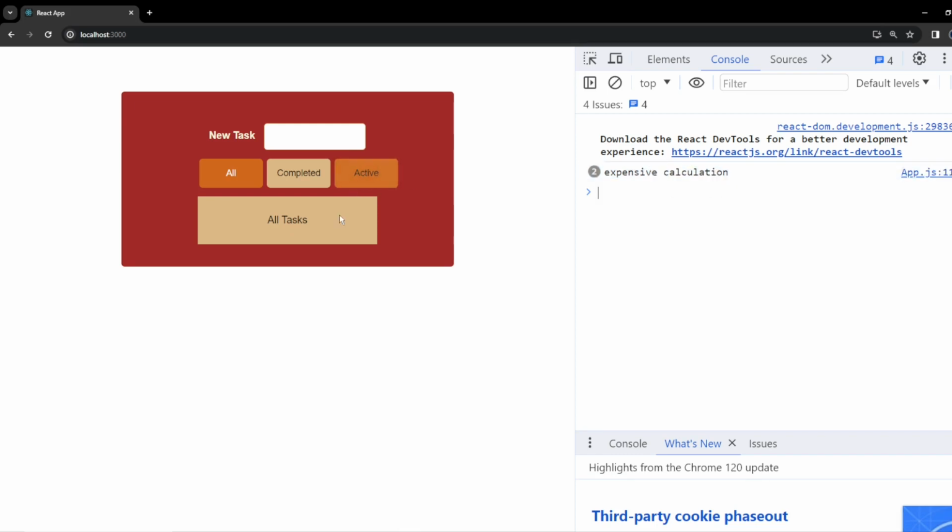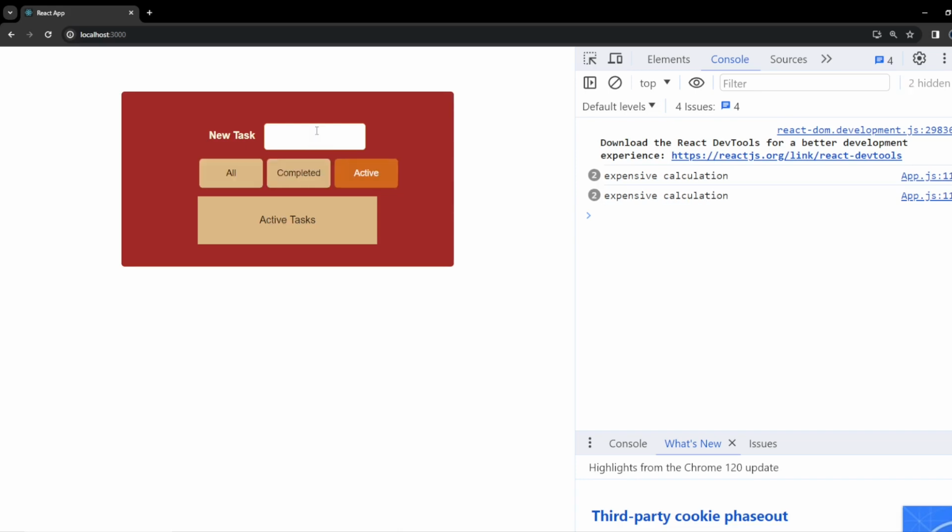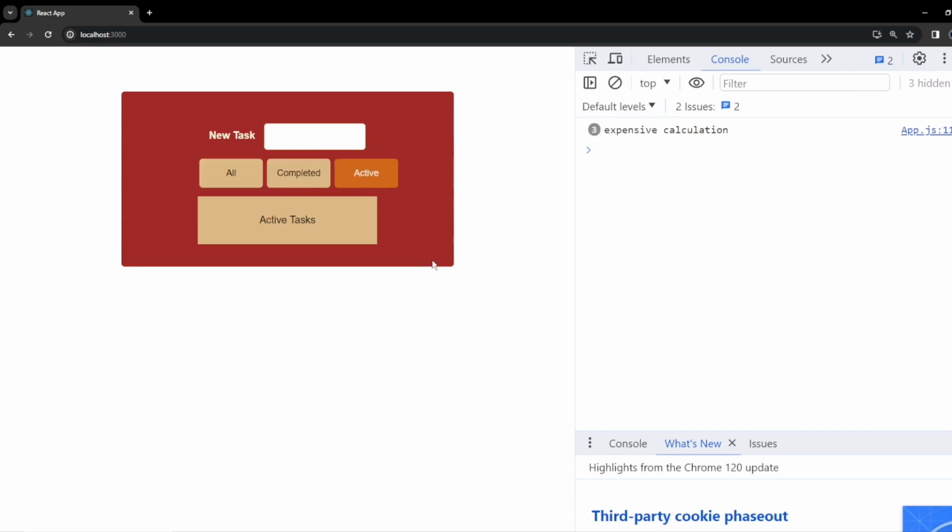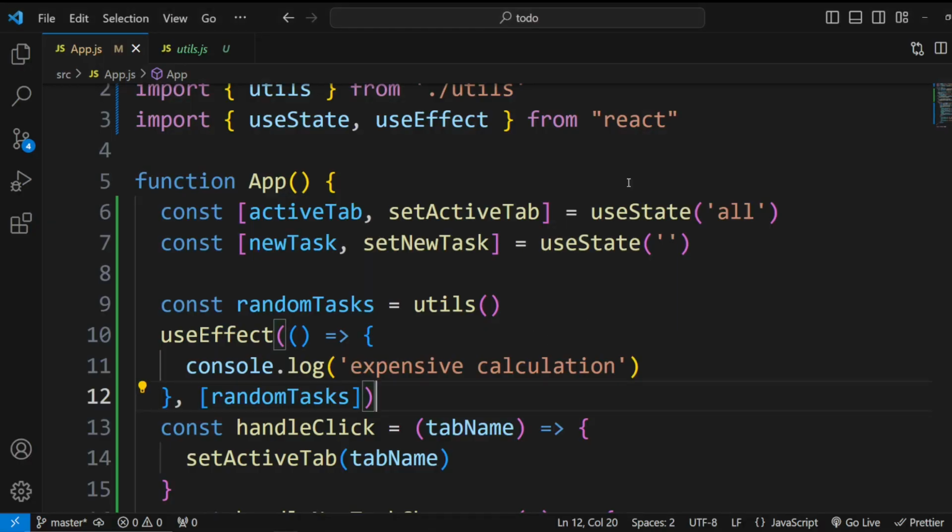and now when I press the button or type something, the state is going to update and useEffect will log the message. Which means whenever I'm interacting with this application, the util function recalculates again, which is why our application is slow. So if we optimize our function or somehow stop it from running again every time I interact with it,